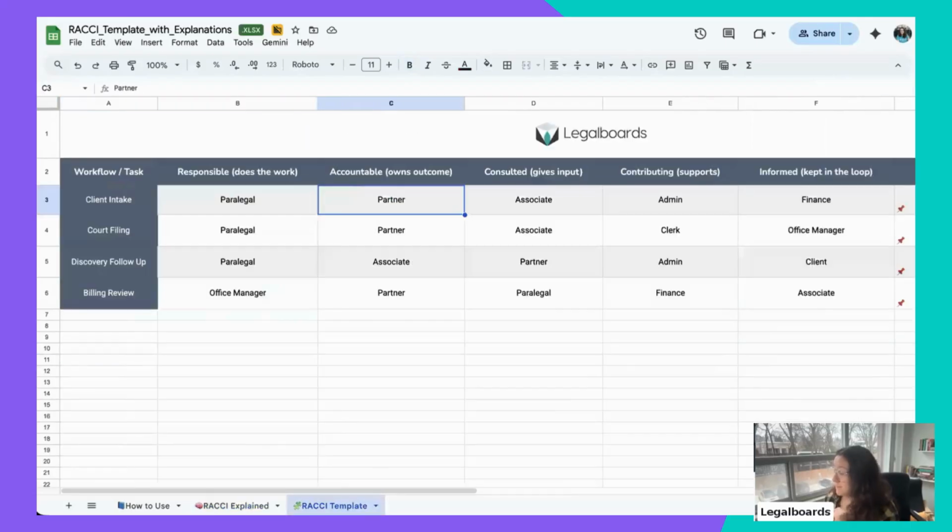So let's move to the template so I can explain with real examples here. The client intake task. So here I have a few really generic, really basic tasks. Client intake is the one that I'm gonna use. Who is the responsible? So who is going to do the client intake? Who is going to take the information, read everything, talk with the client, and make sure everything is there?